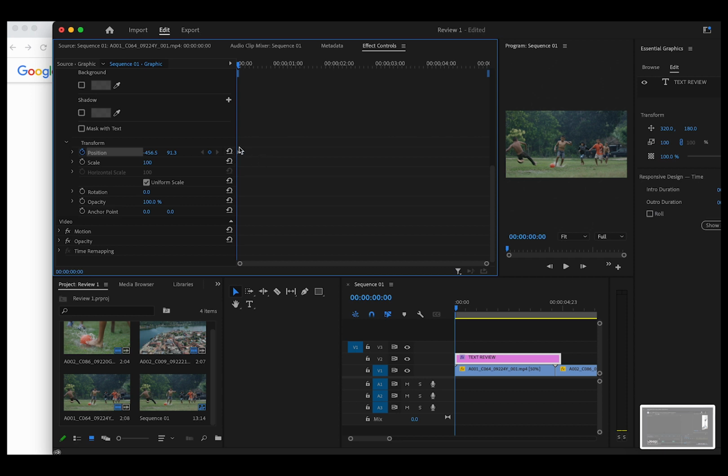Boom, there's our anchor point that says, at the very beginning of this clip, I want my text to be off screen. And now I'm going to move my cursor down the timeline to the point where I want this text to be in